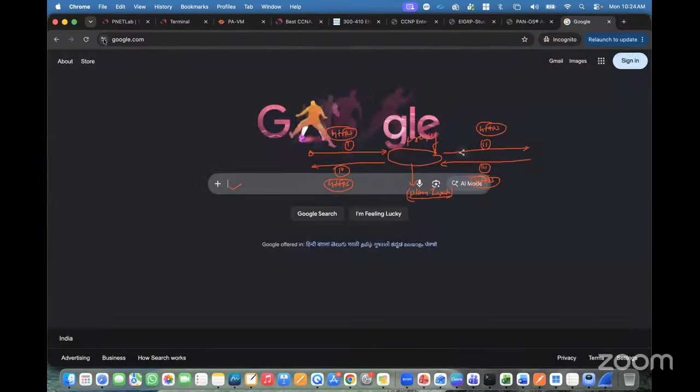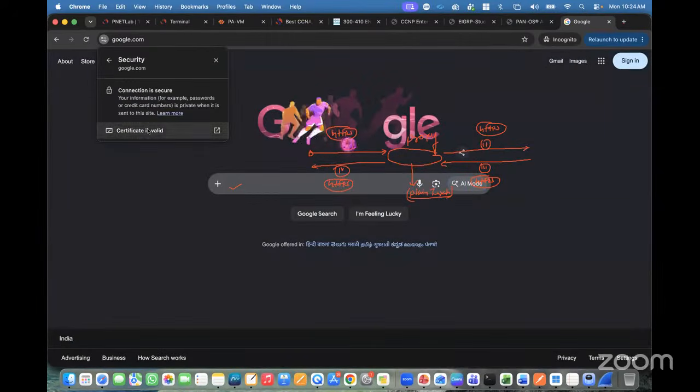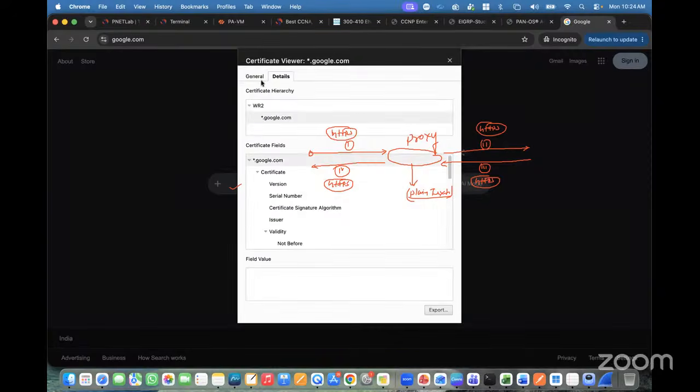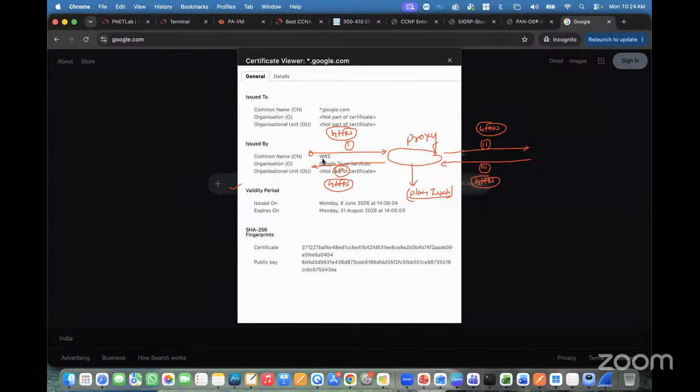If you access any website on the internet, you will find that every website has a certificate. Every website, you can see the certificate details. This has been issued by the certificate WR2, Google Trust Services. So everyone accesses communication with the help of the certificate, and if there is no certificate, you cannot do encryption and decryption in your firewalls, right? So